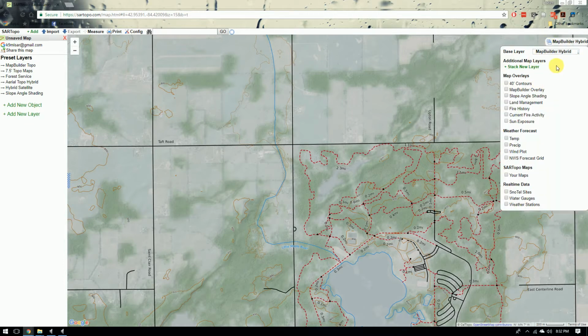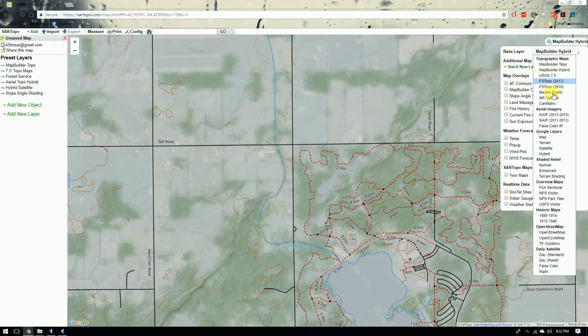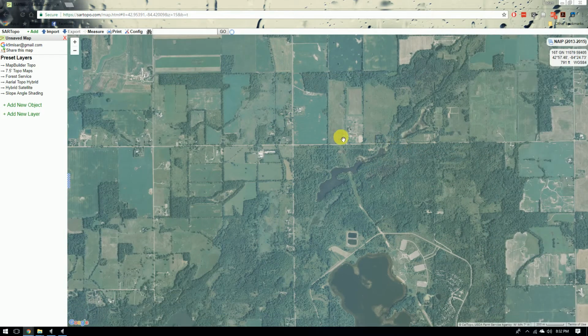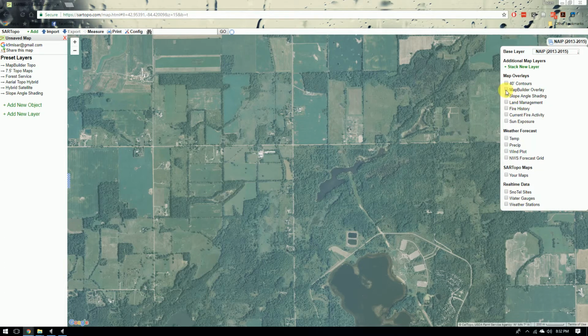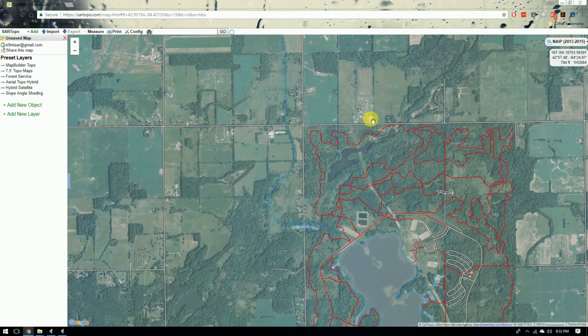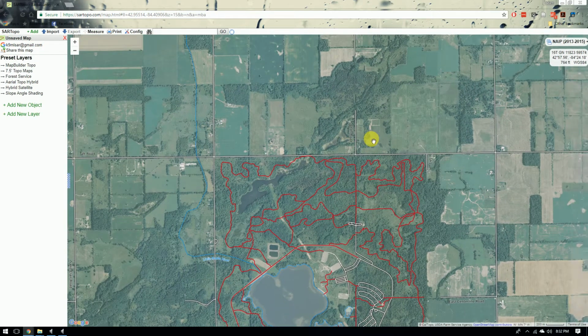However, you also have the ability of many different options to play with, depending on what you like, and you can mix and match depending on what the situation calls for. Maybe you want to use plain old aerial imagery, and you notice that this imagery has no street map signs or anything like that, and you can do something like add map builder overlay, and now we have streets and